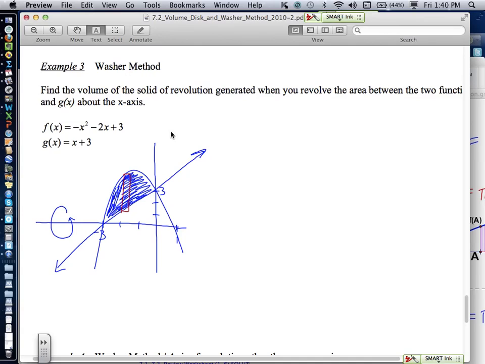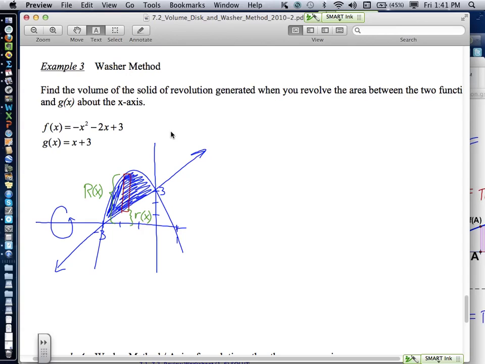And now I just want to identify both an outer radius and an inner radius. The outer radius is always going to be from the top of the rectangle, or from the furthest point away from the axis of rotation. So this is going to be your outer radius, big R of x. This is going to be your inner radius, little r of x. Okay? So if we rotate this whole thing, if we consider the solid that would be formed if we rotate R of x around the x-axis, we get the entire solid,